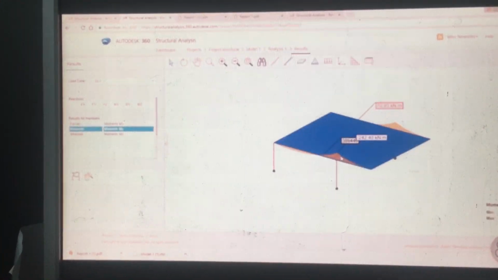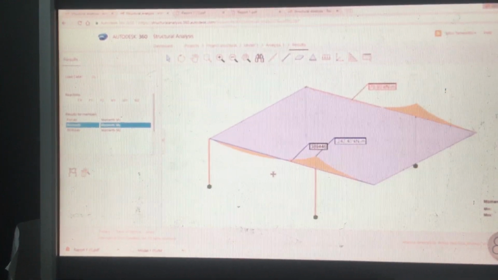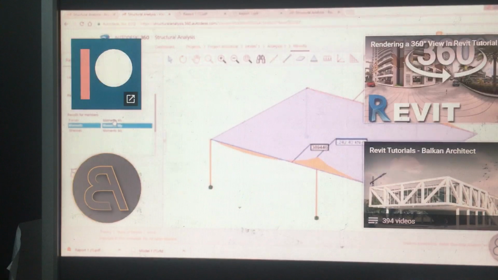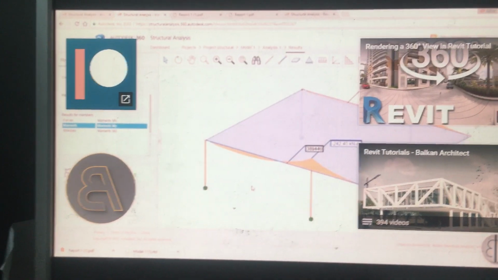We can go to moments, and now when you select, you can see you get 3D diagrams of everything you have done. So it's quite interesting and it's quite useful. Okay, that's pretty